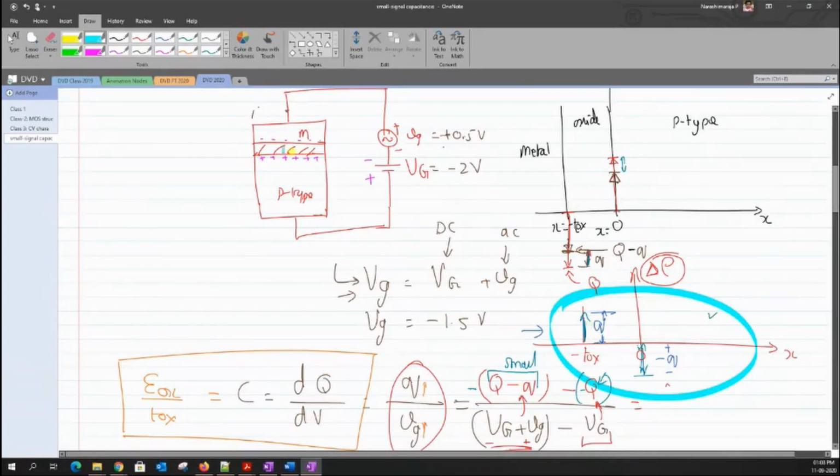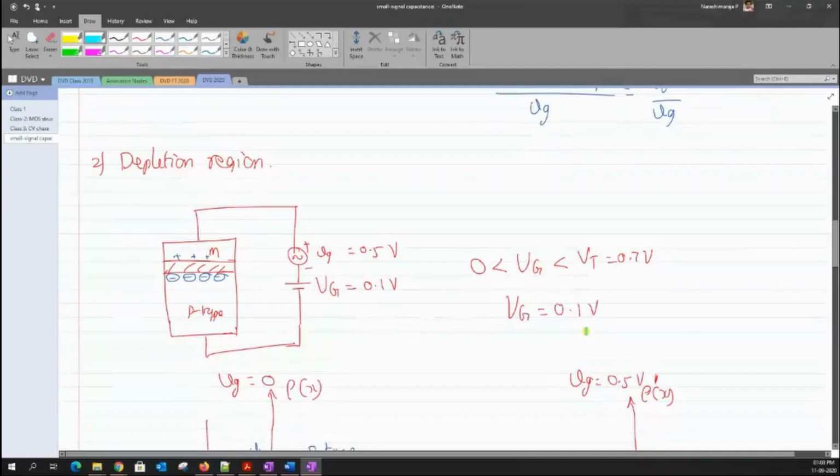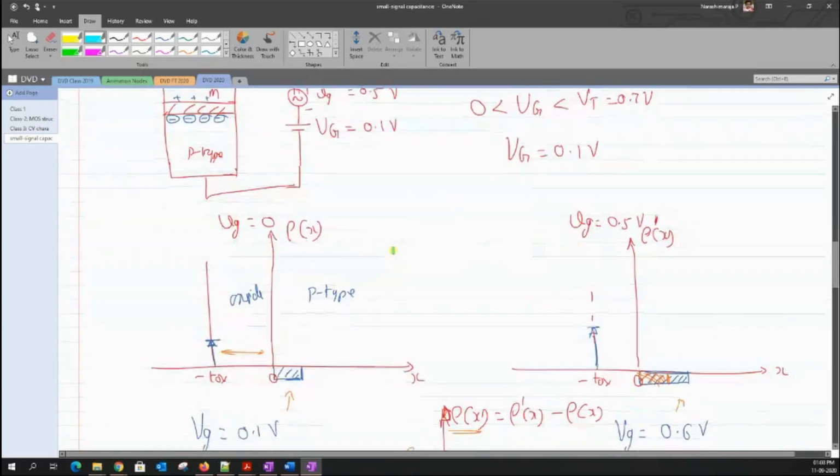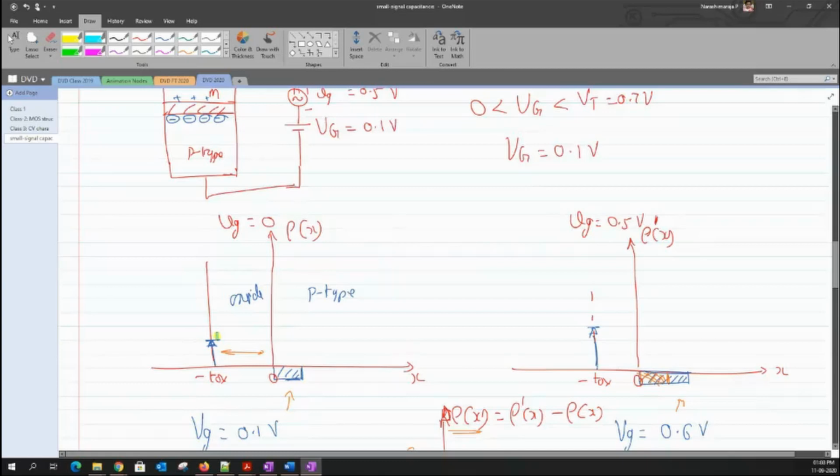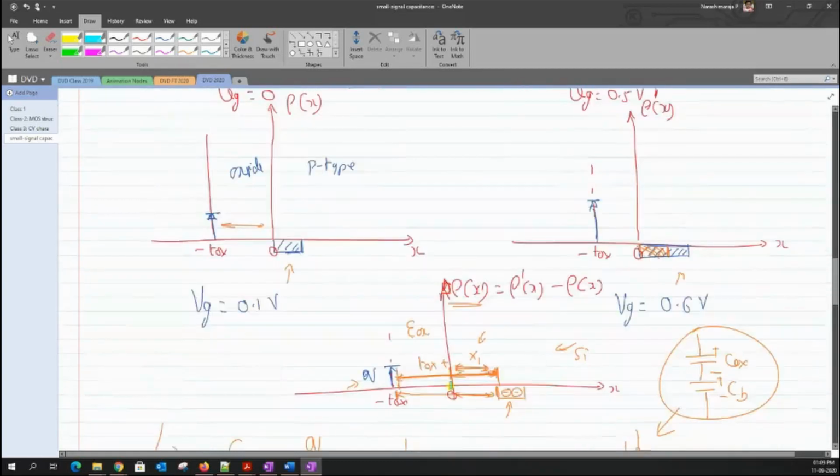Even though we are trying to deposit a negative charge, when we take the difference, it becomes a positive spike. Later we biased ourselves into depletion mode, where we assume some positive voltage VG, but this VG is less than the threshold voltage. There are a few positive charges, and again we apply a bias voltage and over it a step input, and we found an increase in the positive charge when I apply a positive step input. That difference again gives us positive charges across our oxide and